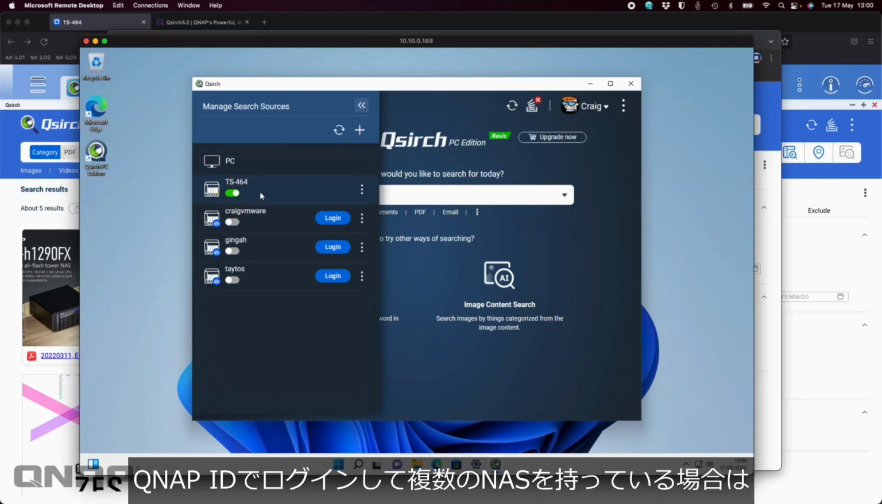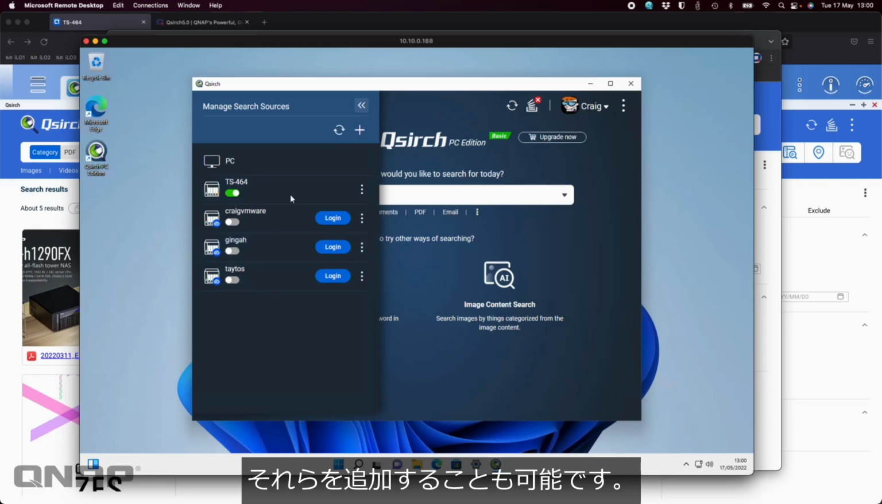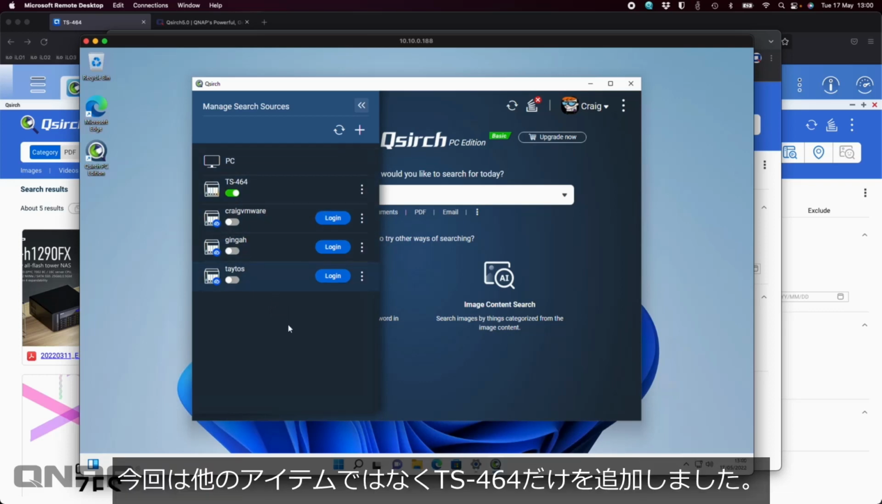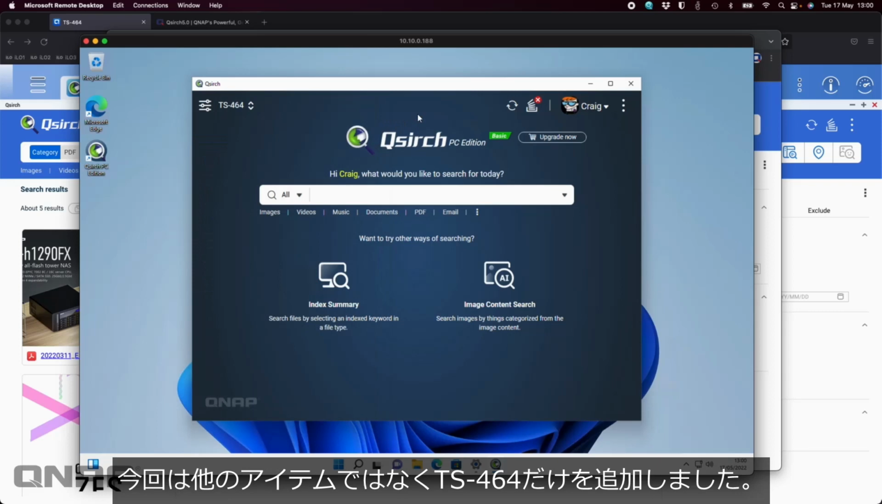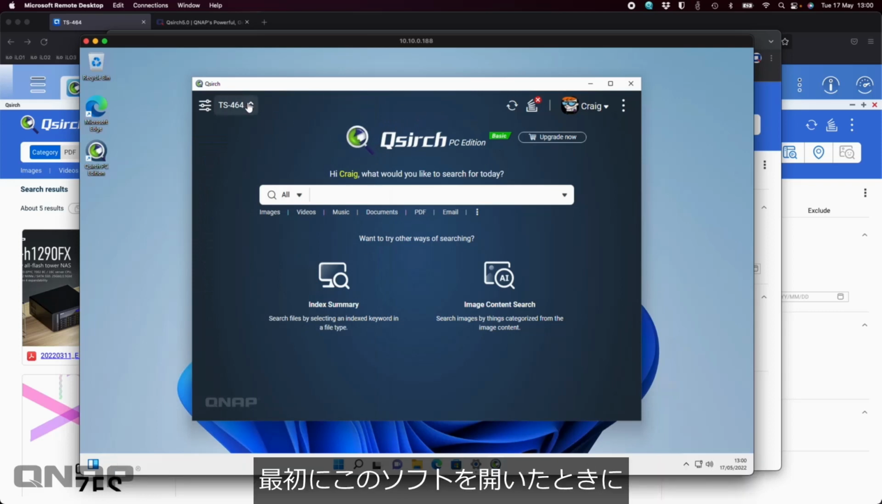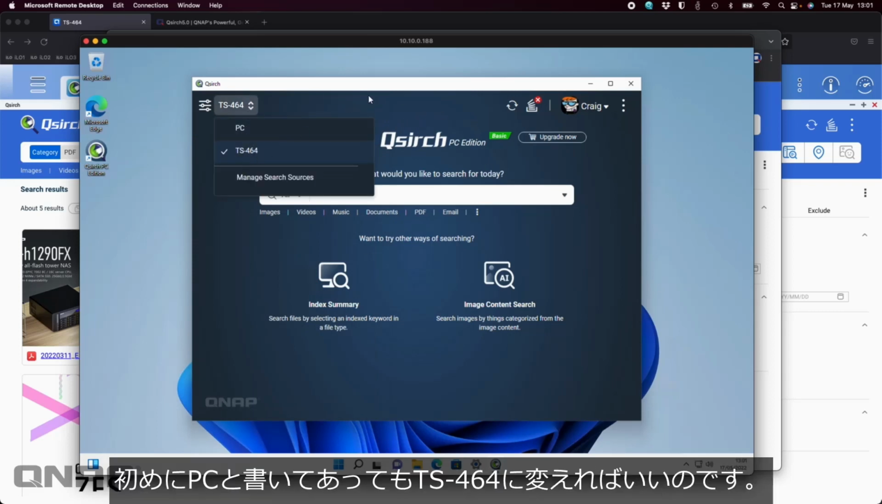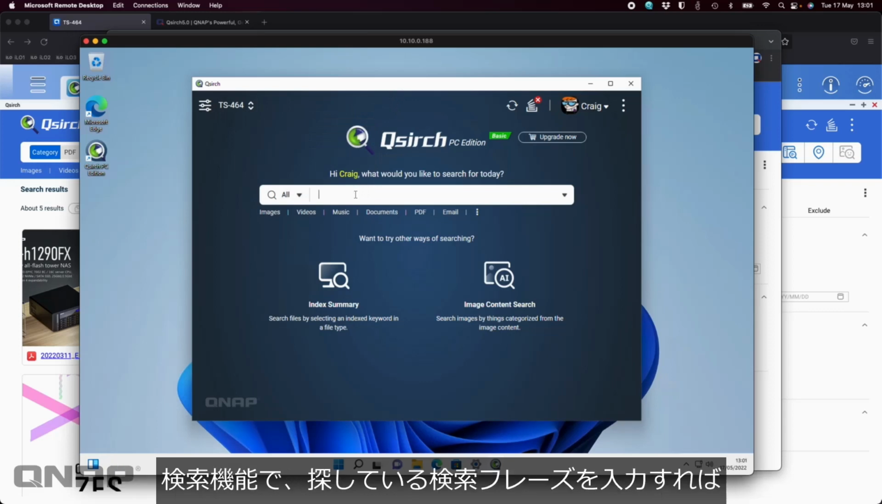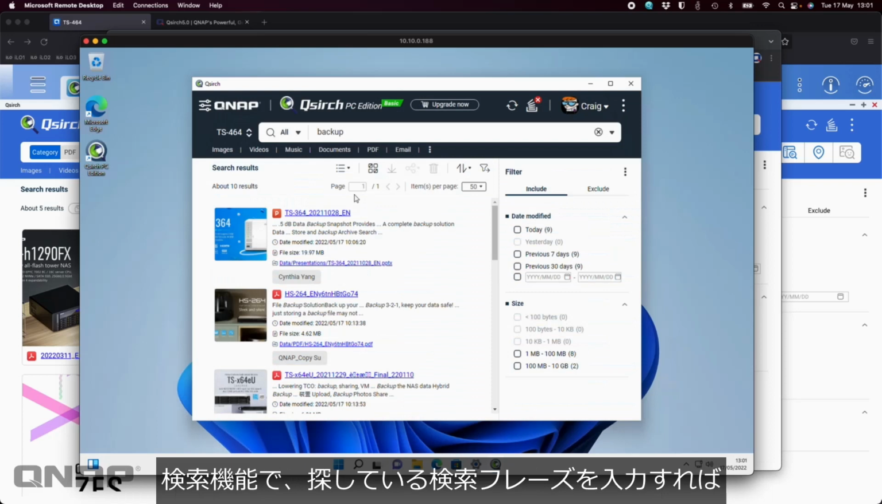So if you've logged in with your QNAP ID and you have multiple NAS, you're able to add those in here as well. So I've only added the TS464 rather than the other items. When you first open this software, it may say PC at the top, but you can just change it to the TS464. You can come into the search facility and just type in the search phrase you're looking for,